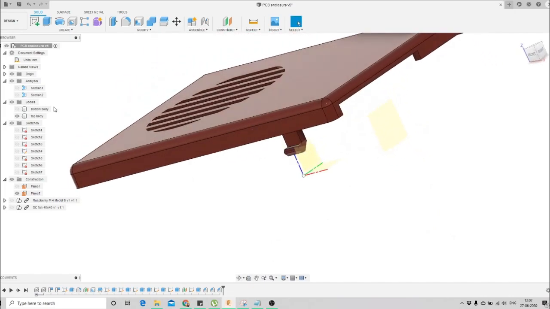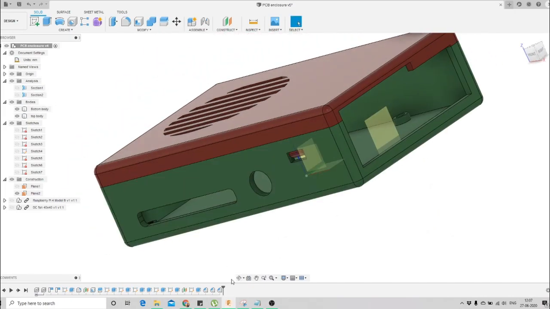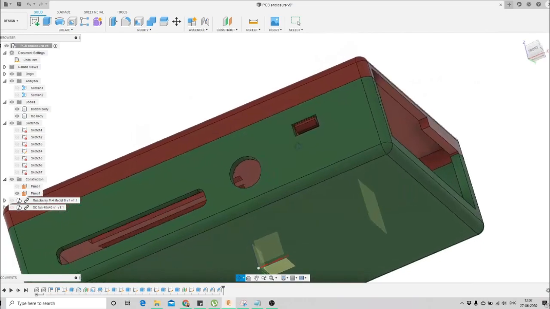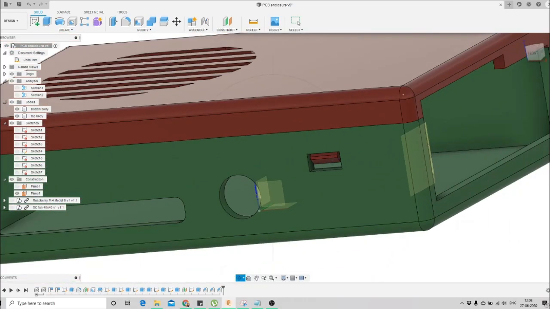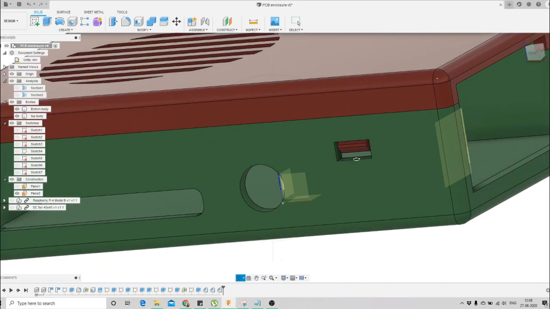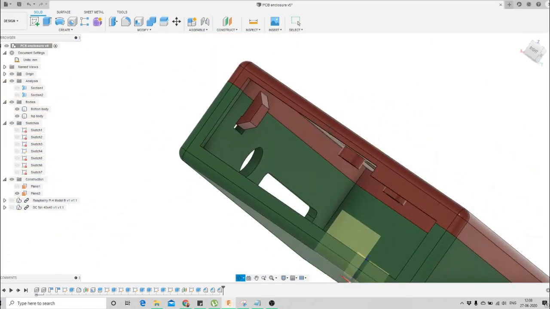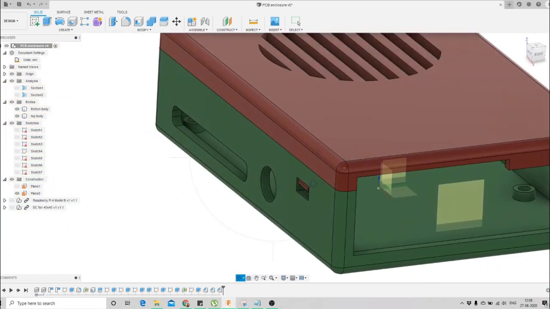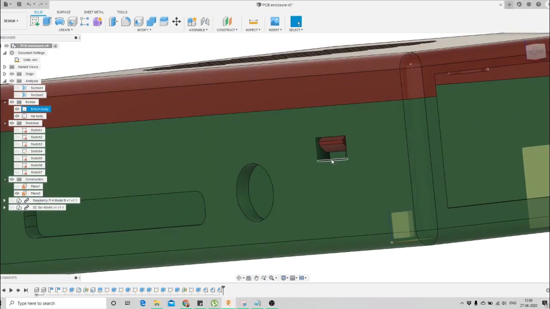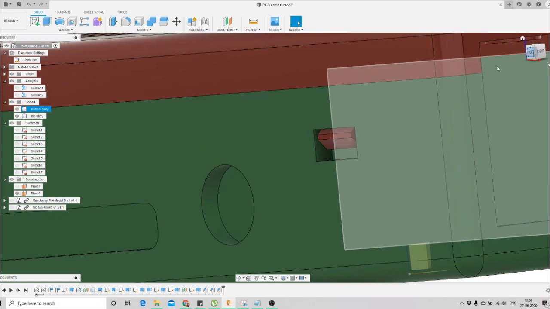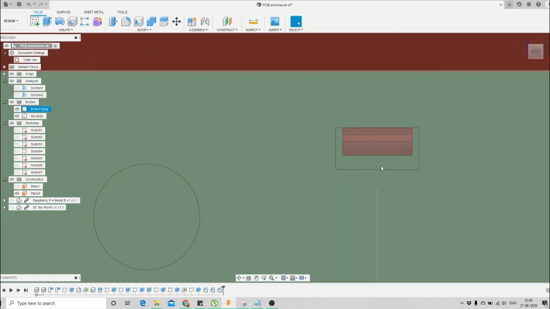And if I turn on the bottom body here, you can see why we had created this opening: so that it will hold here in the opening, and if in future you want to open it, we can just simply push it inside, and we can open this casing. So this is the reason why we have provided this opening, but I think that here you can see the space is more.